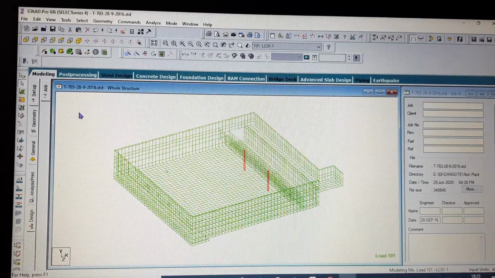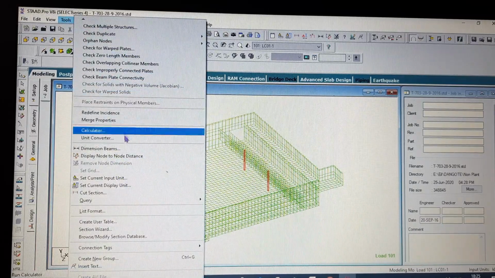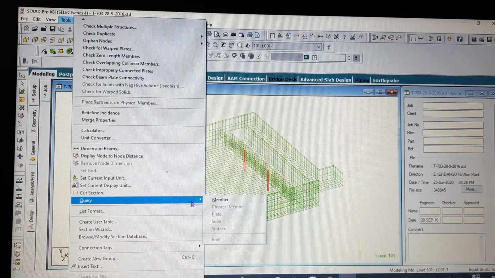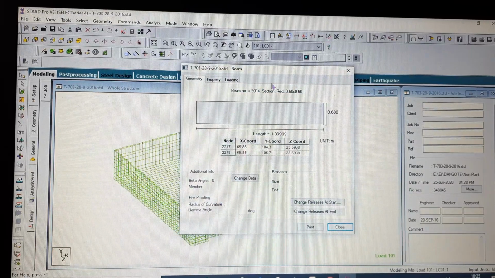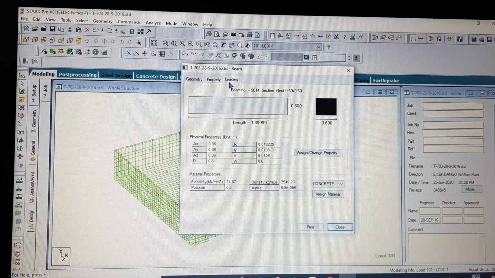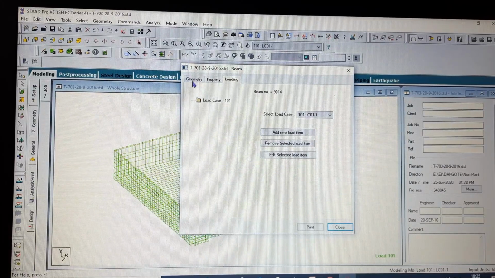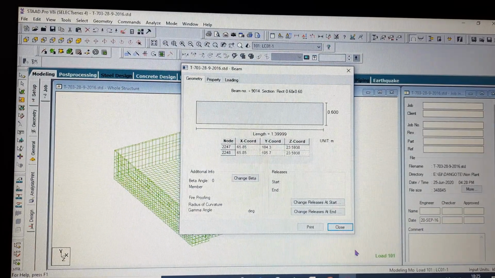I am selecting the member cursor, and I go to tools and query about these members. The query window about members will open, and all the query related to this member will be shown here. You can see all the query about this member shown here.